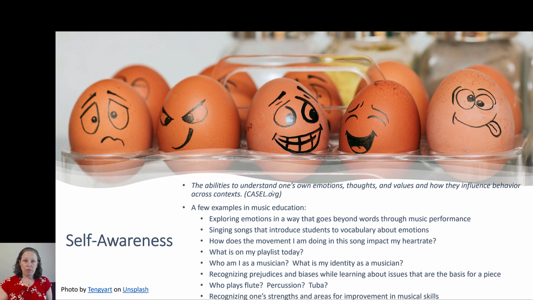With younger students in particular, singing songs that introduce students to vocabulary about emotions. So I have the picture there of all those different emoji-looking eggs. When we look at emojis, they're really helpful to us, right? Because it's not just happy, sad, or happy, mad. There are all these different categories of how we can feel. And so we can use songs to help our students explore all of those different types of ways that